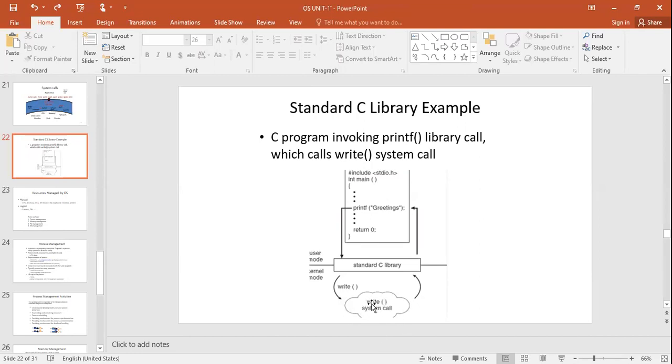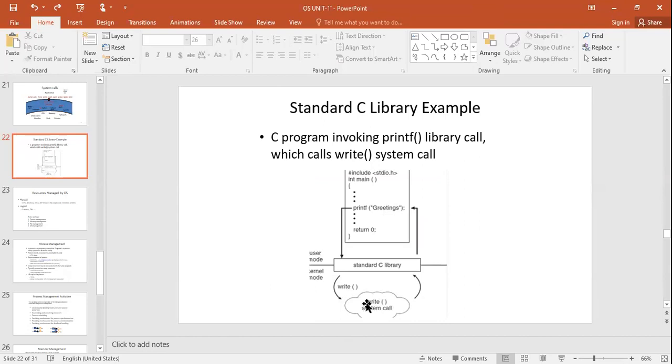Execution of the system call means executing it where you want to print this particular data. If it is the output device, I mean your monitor, it should be operated in one way. If you want to keep this output in some other file, we need the services of file management instead of the output device, right?